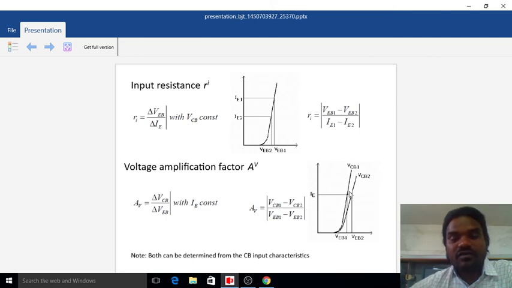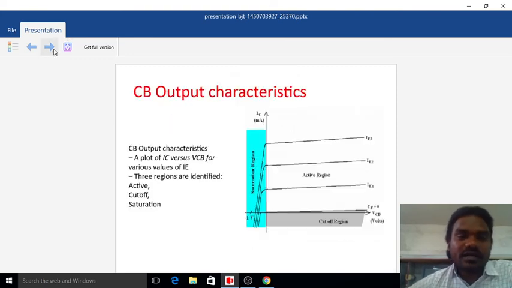Likewise, you can calculate the two parameters from the input characteristics: input resistance as well as the voltage amplification factor, or the voltage gain. Then we have to move towards the next characteristic, that is output characteristics. Output characteristics is nothing but a relation between the output voltage and the output current